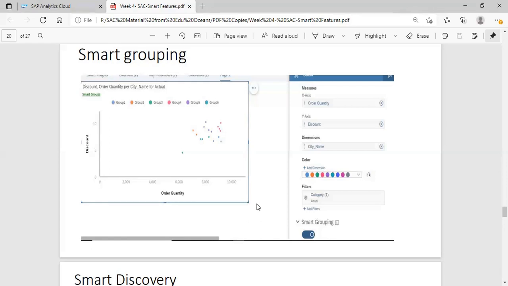And you can do coloring as well, and you can do a lot of stuff here. Again, you can add more charts here, and if you want to define another grouping with some more combinations, you can add more charts in it. But do remember, you can do smart grouping only for the scatter one and the bubble one.